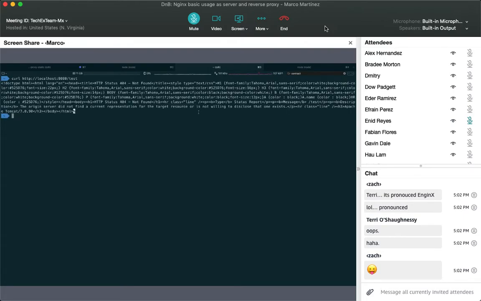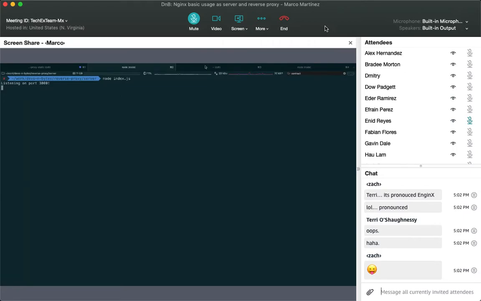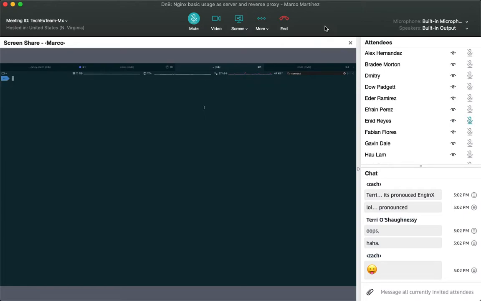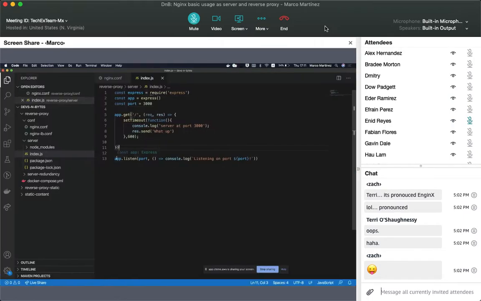Okay, we don't have anything on 8080. Oh, what's this? Our actual server is on port 3000. So let's just make that request. Okay. So now it's returning a web response, and we're just calling our server directly. But what happens if it's a different server? What happens if it's not my machine and I want to do another request on a different port? Then I can use